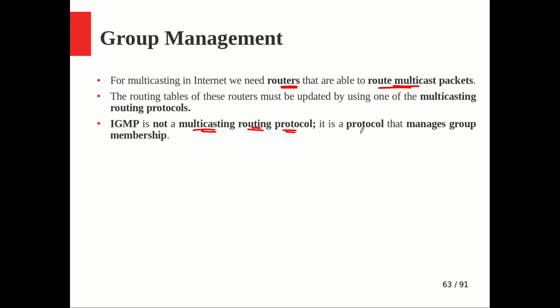What IGMP is doing is that it is a protocol that manages the group membership. IGMP is only concerned with the creation of the group, in the sense of how a new member can be added to the group, how someone can leave the group, and monitoring of the group. All those things are done by IGMP, and IGMP also informs the routers about the presence of this group in this particular network. These are all the hosts who want to participate in this and this group.